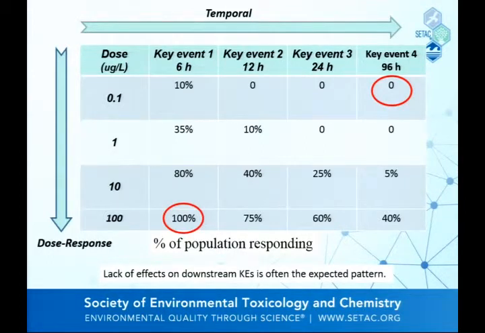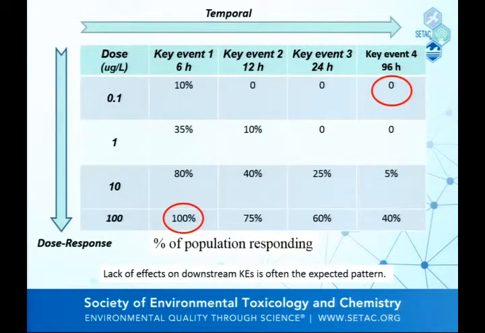So you've got incidence concordance as you move across the different dose ranges. You look across your AOP, your different key events. You see at the lowest dose, you're seeing effects on key event 1, but you're not seeing anything on the other ones. You go to a higher dose, now you're seeing effects on key events 1 and 2, still no effects here. Higher dose, you're starting to see some impacts here, but less frequently. So those are examples of data that would support dose response, temporal, incidence concordance, okay?